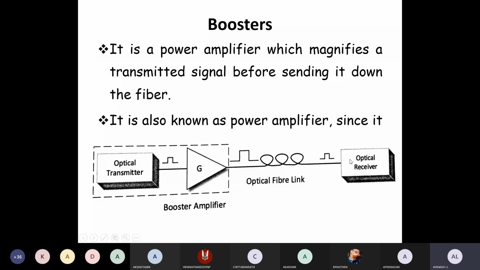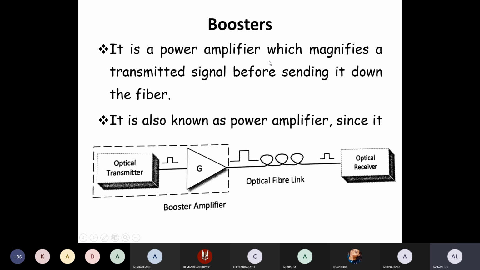The optical receiver will receive the leveled down signal. But when we check that leveled down signal and the optical signal transmitted from the optical transmitter, both signals are of the same intensity. So we need to have a pre-idea of how much boosting needs to be done in order to achieve the exact quantity of input and output. It depends on the length of the fiber as well as attenuation factors and all. So please take this particular diagram, all of you.